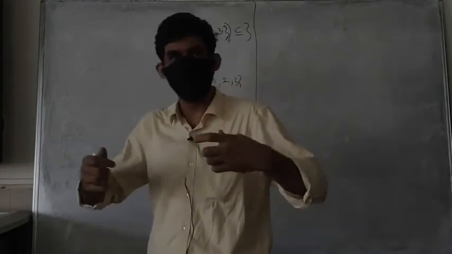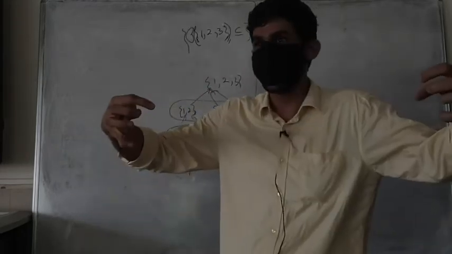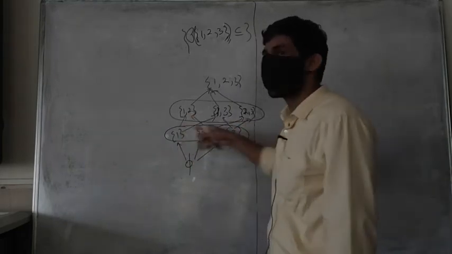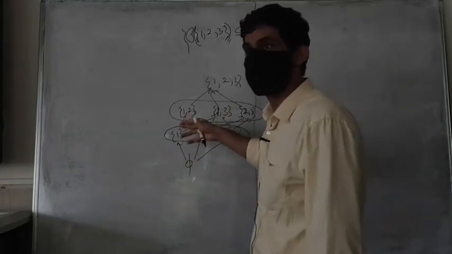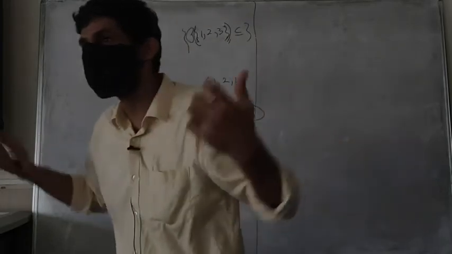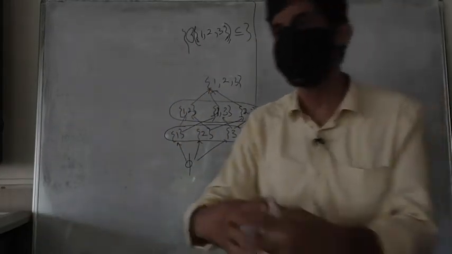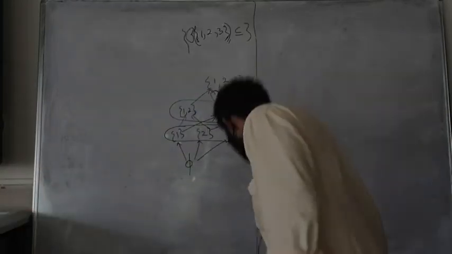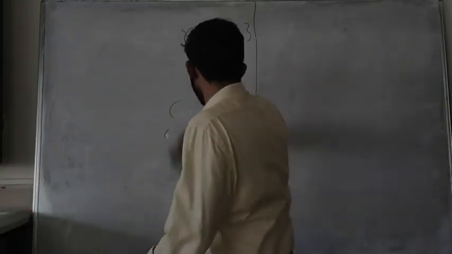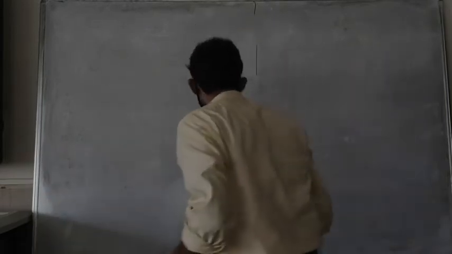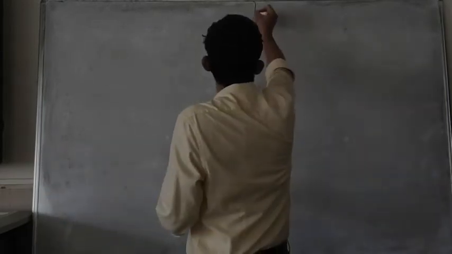So the width of this, as you can see, it has a breadth, right? This diagram kind of has a breadth. That's what you're trying to capture, the intuition of that breadth, which is essentially the anti-chain. So the size of the biggest anti-chain is the width of the partially ordered set. Okay, so that's the length and width of a partially ordered set.